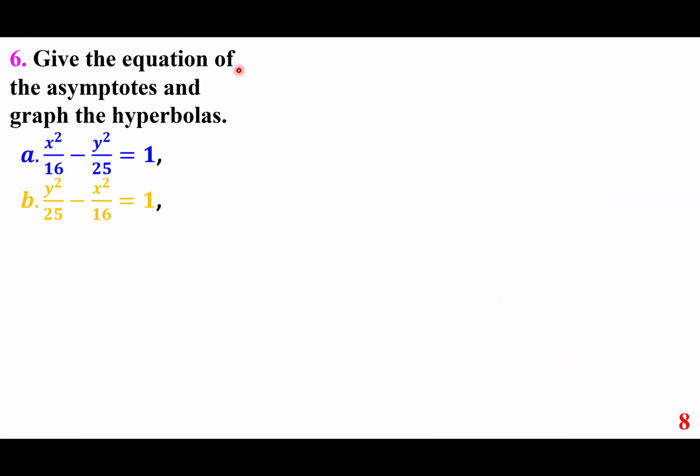Give the equation of the asymptotes and graph the hyperbolas. Part A, x squared over 16 minus y squared over 25 equals 1. Part B, y squared over 25 minus x squared over 16 equals 1. So I want to look at both cases. To do that,